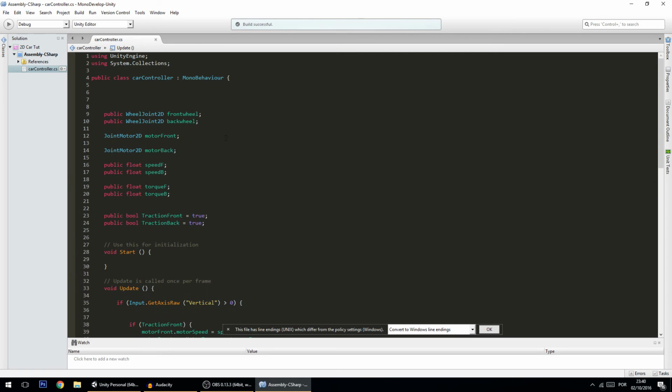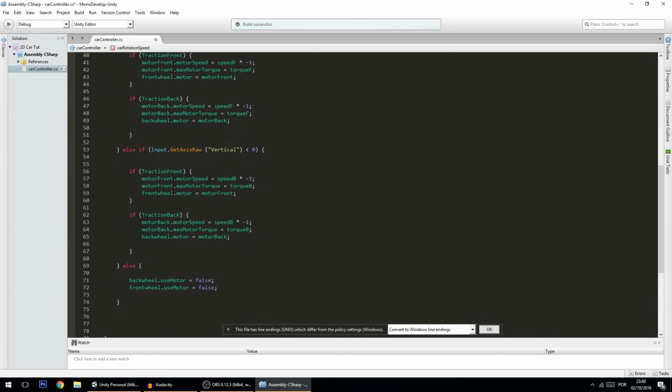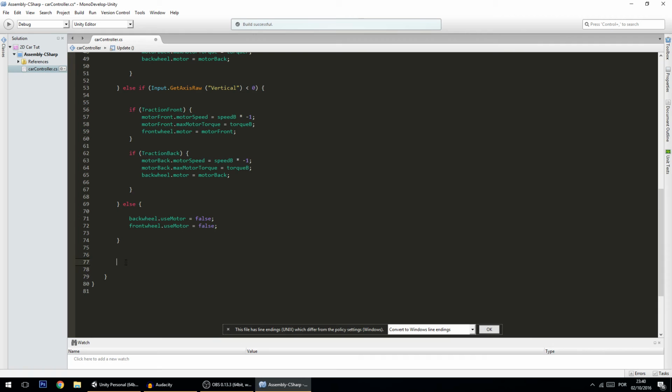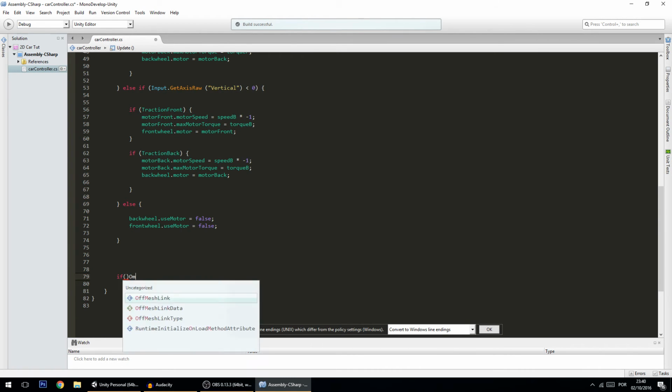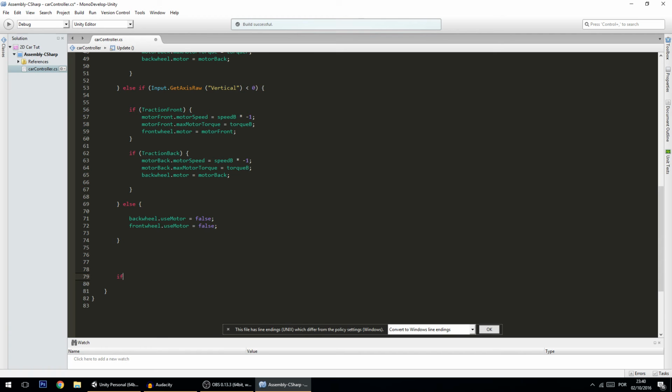So we're going to add even more variables in here, which will be the public float carRotationSpeed. And now here in the update function, we're going to control this using the axis horizontal, which is the A and the D key, or the left and the right key. So if Input.GetAxisRaw("Horizontal") is different from 0, so if we're pressing a button,